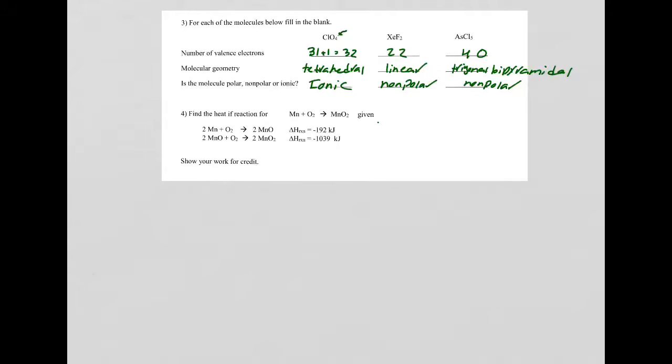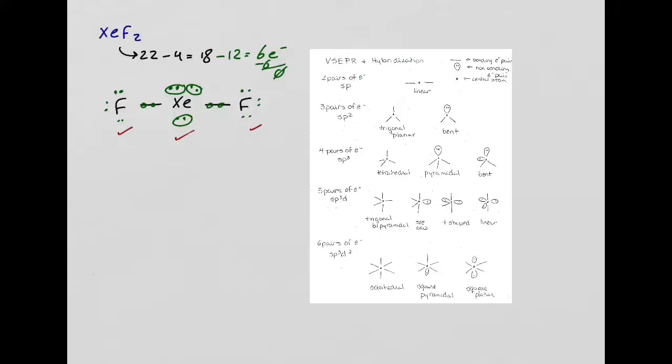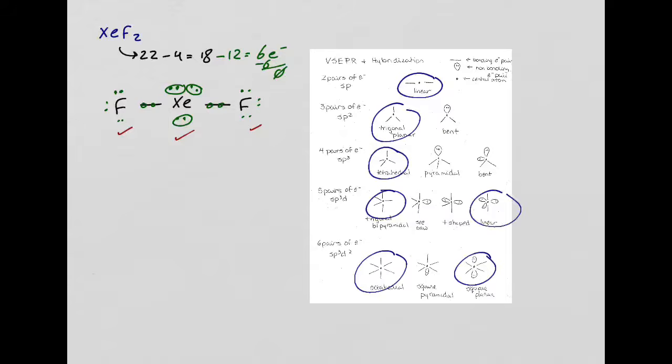And to refresh your memory about polarity, here's a shortcut that I gave you. I said these geometries that I'm circling are non-polar geometries. And this one over here is linear, and linear is one of the non-polar